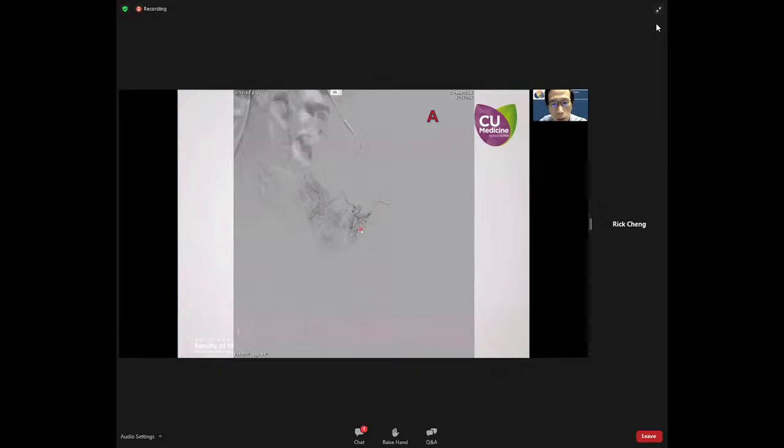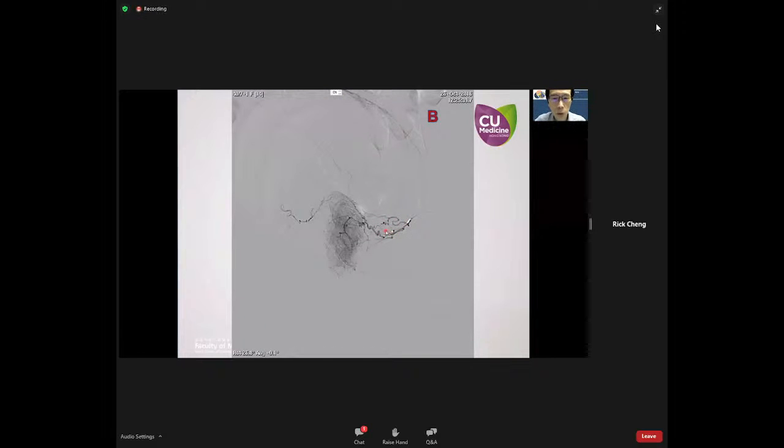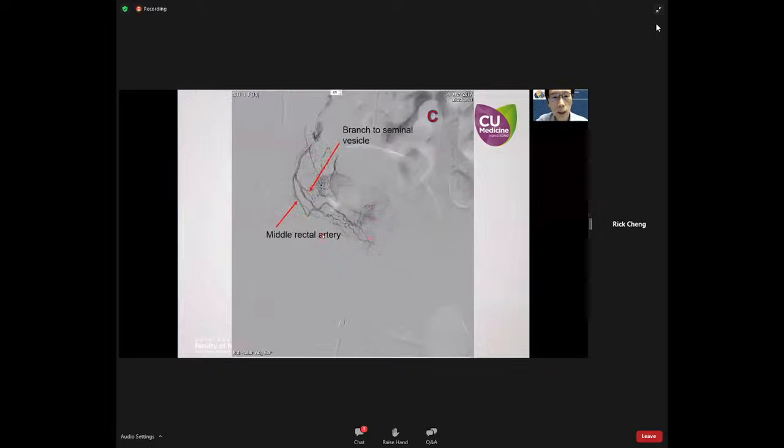So in this case, we embolize the rectal artery first before we do the embolization. We know the prostate is there, but there are a number of recycle arteries. We want to bypass all these recycle arteries before we do the embolization. So by advancing the microcatheter to a more distal position, we were able to bypass all these recycle arteries.